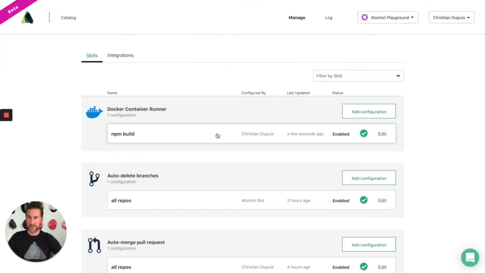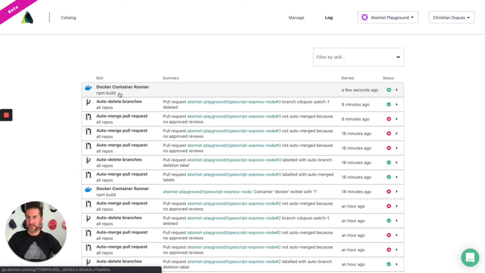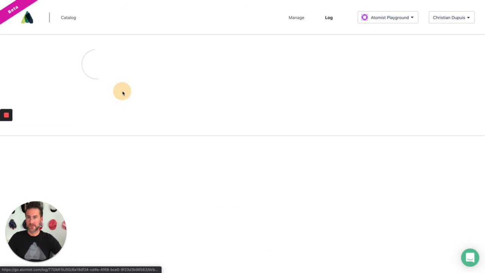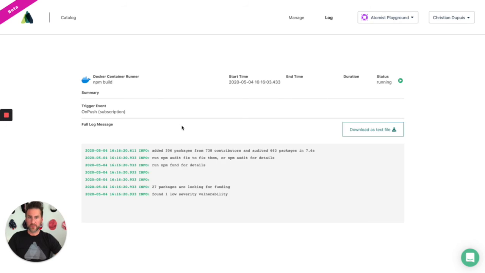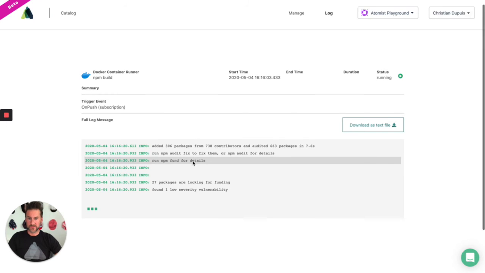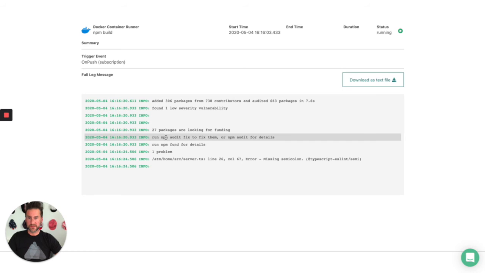And I can head back over to Atomist to take a quick look at our logs page. I see that my Docker Container Runner now has started a couple of seconds ago. I can click on that to see more log detail. Probably just have to wait a couple of seconds for the first log lines to appear. I can see that npm install did indeed run and that eslint surprisingly found an error in line 26 of